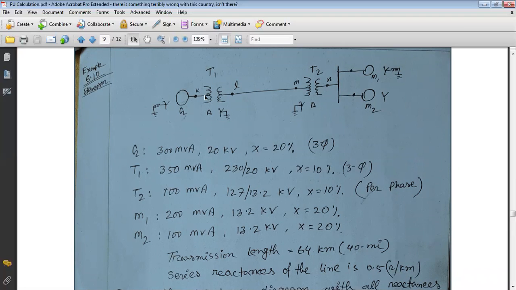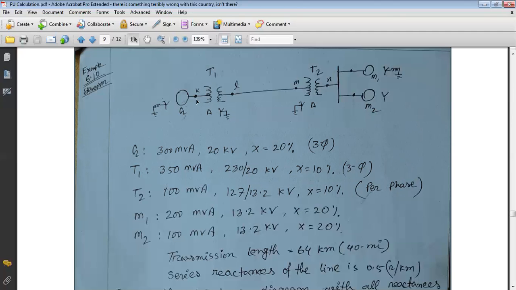Now for transformer T1, we can consider either primary or secondary, the result should be the same. If we consider the primary portion, then the old power rating is 350 megavolt ampere. The old voltage rating should be 20 kilovolt. Here the rating is given as secondary by primary, 230 kV at first, then 20 kilovolt, because the low tension side should be connected with the generator. For this reason, the low tension voltage is 20 kilovolt. So we have to alter this arrangement